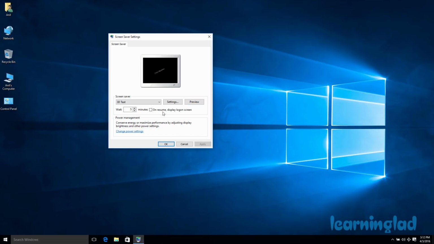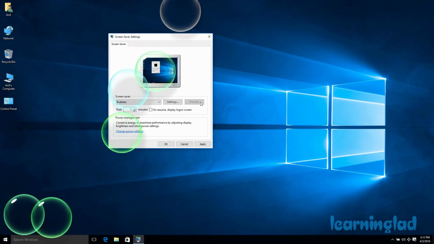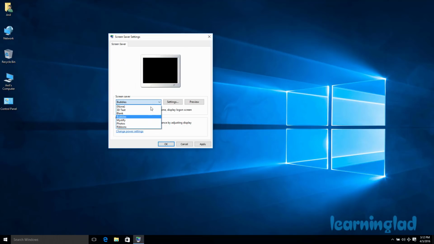So apart from this 3D text, we have the options like blank, which will set a blank screen as a screensaver, and also you guys can select the bubbles. I'm just gonna select that and click on this preview. You guys can see the bubbles, and also you guys can select mystify, ribbons, and also you guys can select